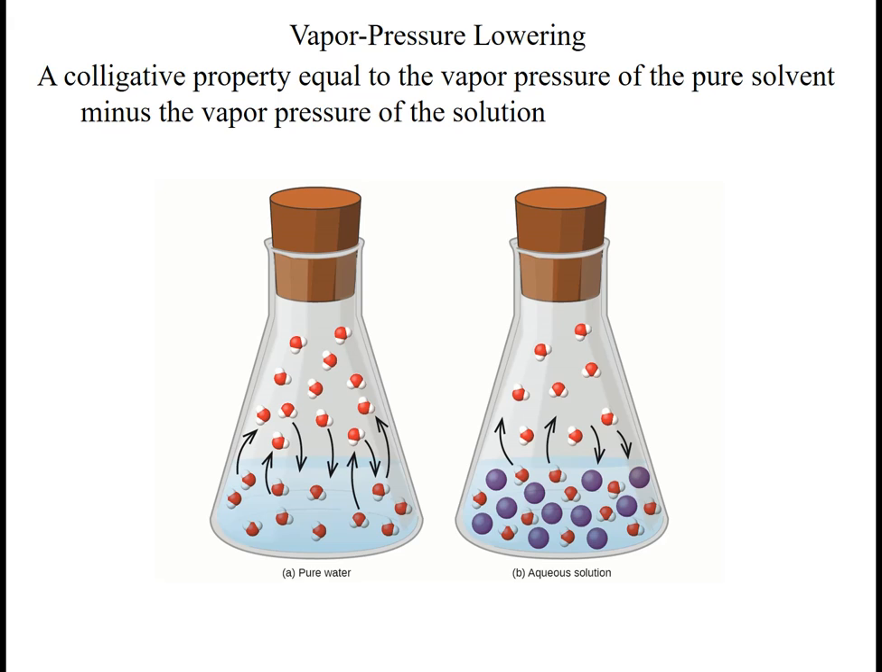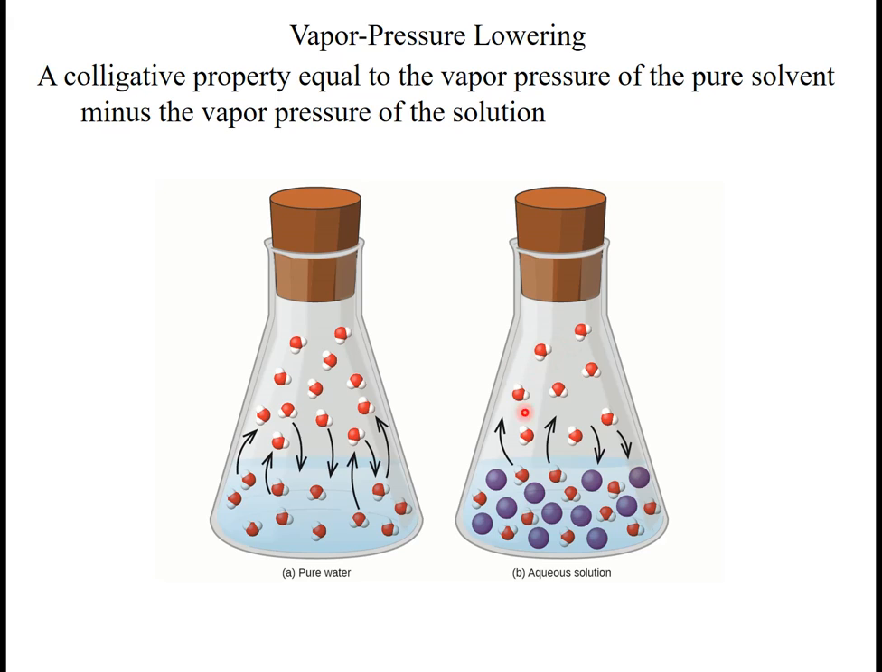So what I have shown here is two flasks, and in the flask on the left it's pure water, and I have 1, 2, 3, 4, 5, 6, 7, 8, 9, 10, 11, 12 water molecules that are at a constant vapor pressure. So this has reached equilibrium and the vapor pressure is constant. By making this a solution, by adding these purple balls to it, whatever molecules they represent,